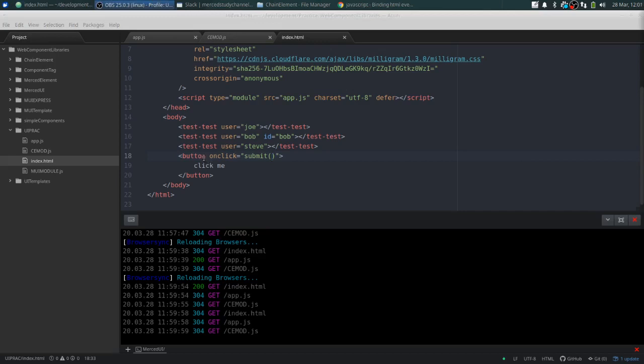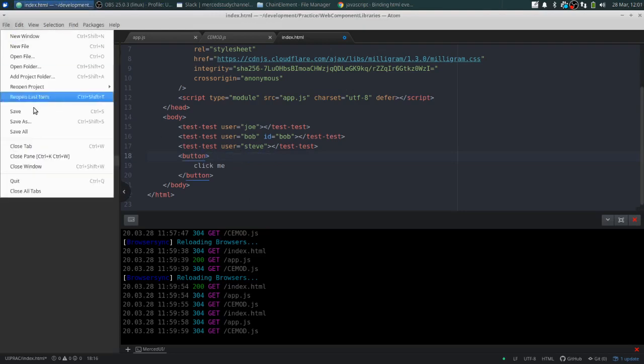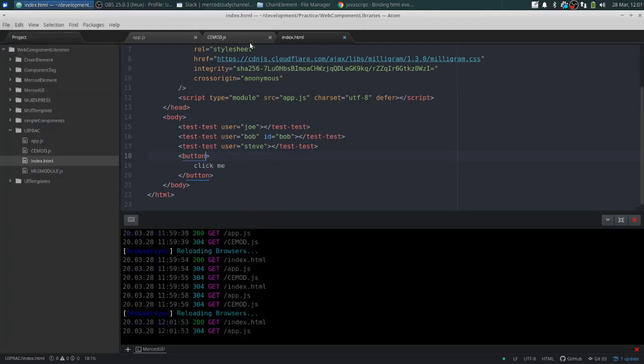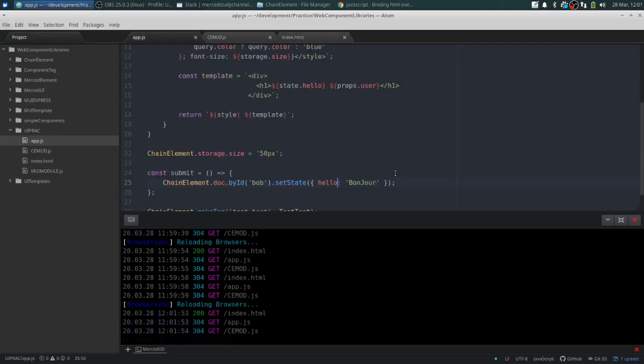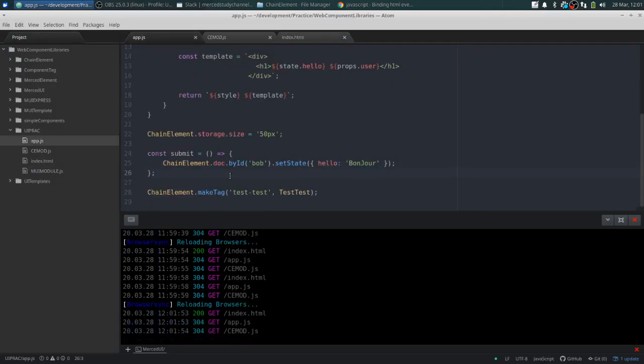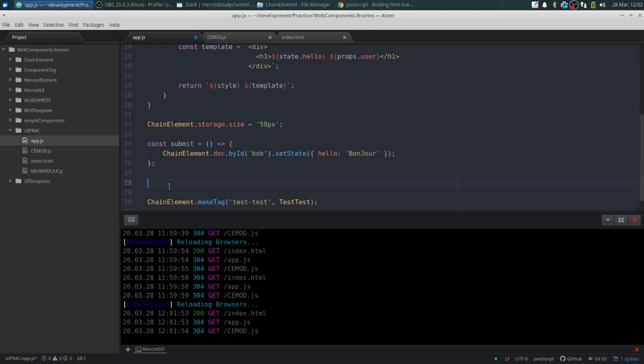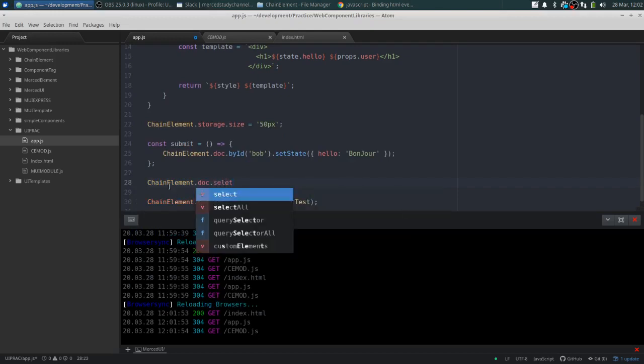Okay, so yeah, since we're using modules, we're going to have to do this a slightly different way. There's only one button, so this is not going to be too crazy. So we'll just leave that button there for a moment, but the actual event we have to define back in the app.js and attach it there. So we've already defined the function, what the function does, so that's done. Now we just have to do chain element dot doc dot, we'll use select because it's basically the same thing as query selector. Select, and we're going to select the button,